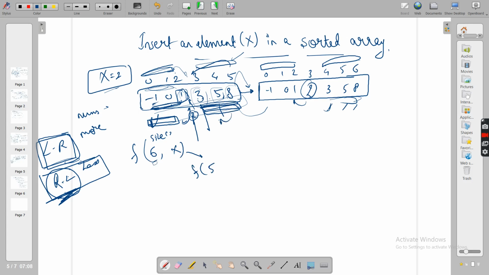All right, 2 will come before 8. So now the size is 5. Put x, this element, 2, somewhere in this array, because 8 is obviously greater than 2, right? So this function will say put x in the first 5 positions, because x can be at the first 5 positions since 8 is greater than 2, and then I will append 8 at the end.